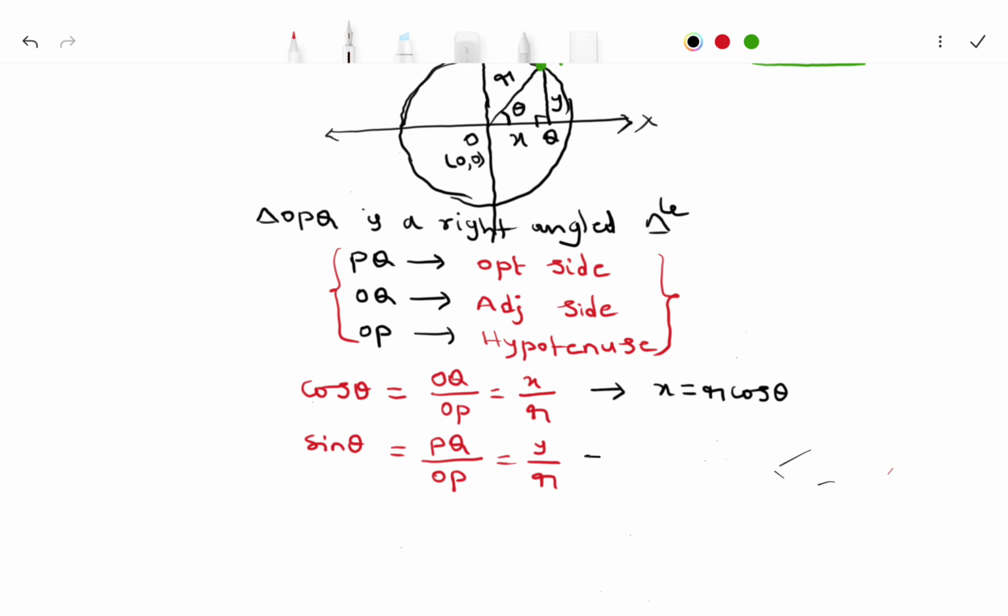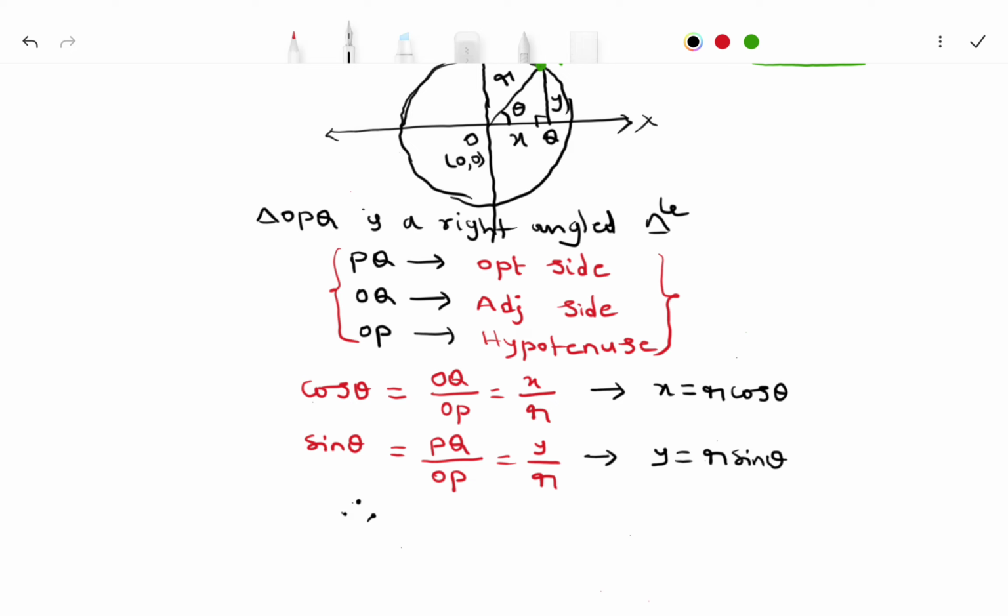Now from this you can write that y is equals to r into sin theta. Y is equals to r into sin theta. Right? So therefore,